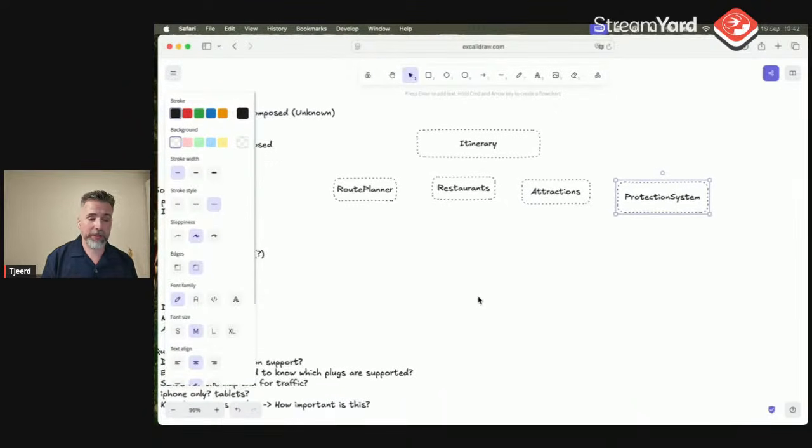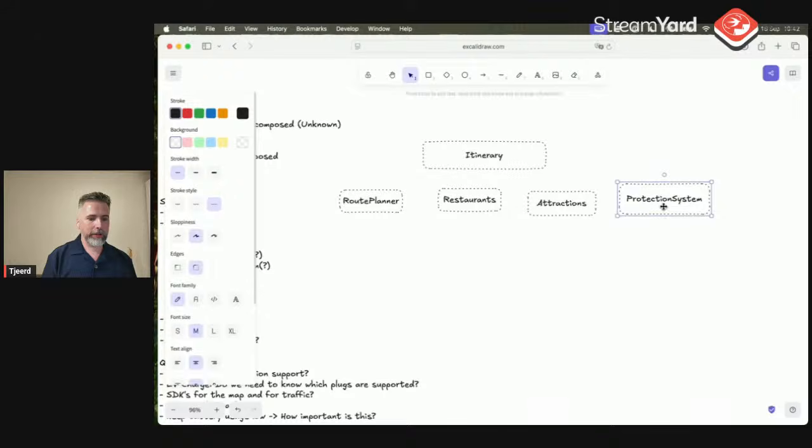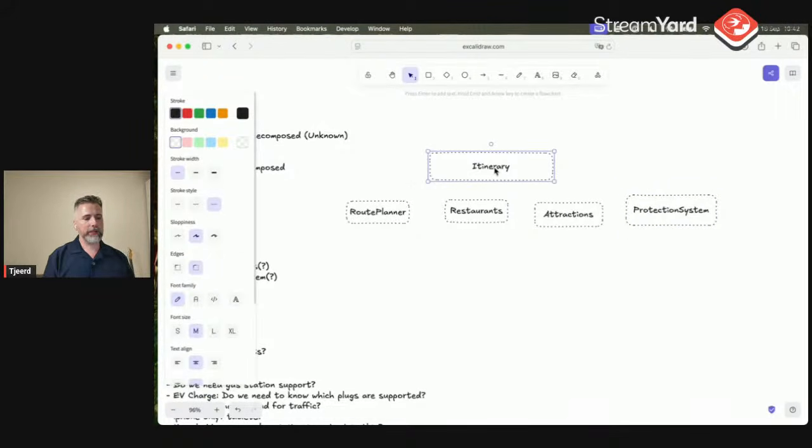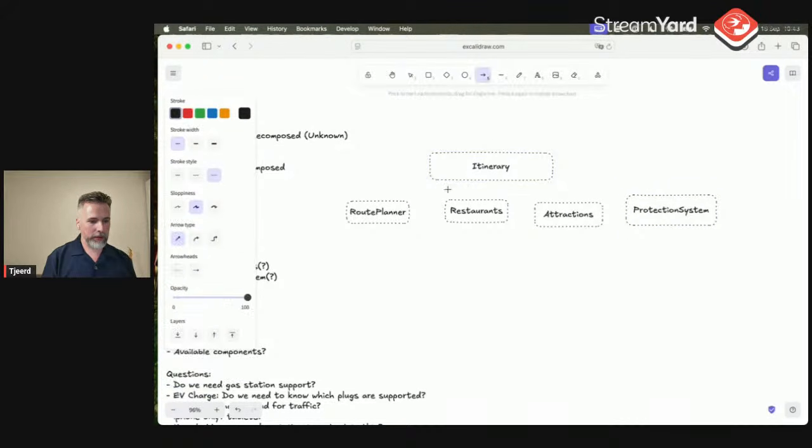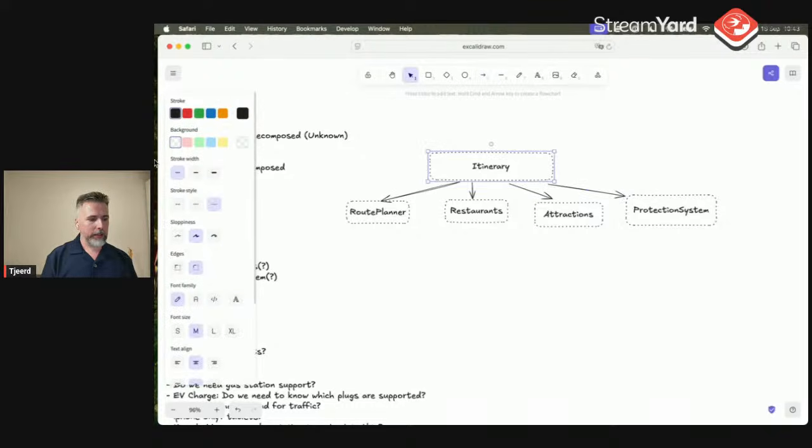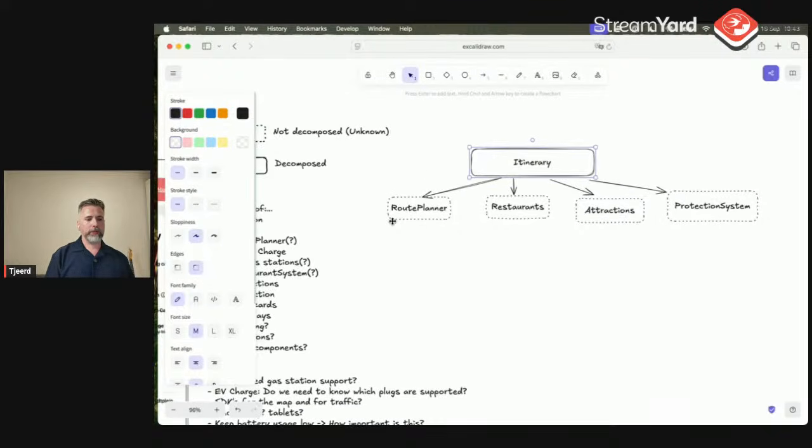It comes with alternatives maybe. So at this stage I can say, okay, this itinerary depends on these systems. I'm just decomposing it into smaller systems. Let me quickly add the arrows. Then I can say this thing is decomposed enough.